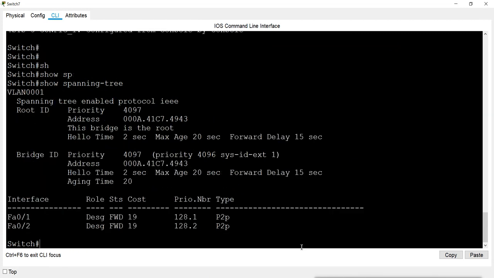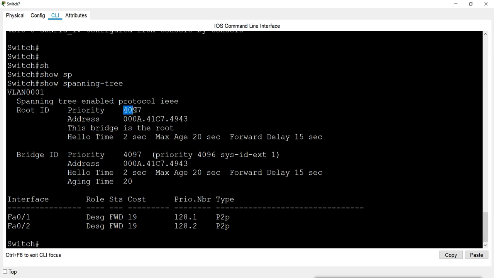Now when I check show spanning tree, you can see the priority for this switch is what I have changed, and this bridge is the root bridge because I changed the bridge priority.